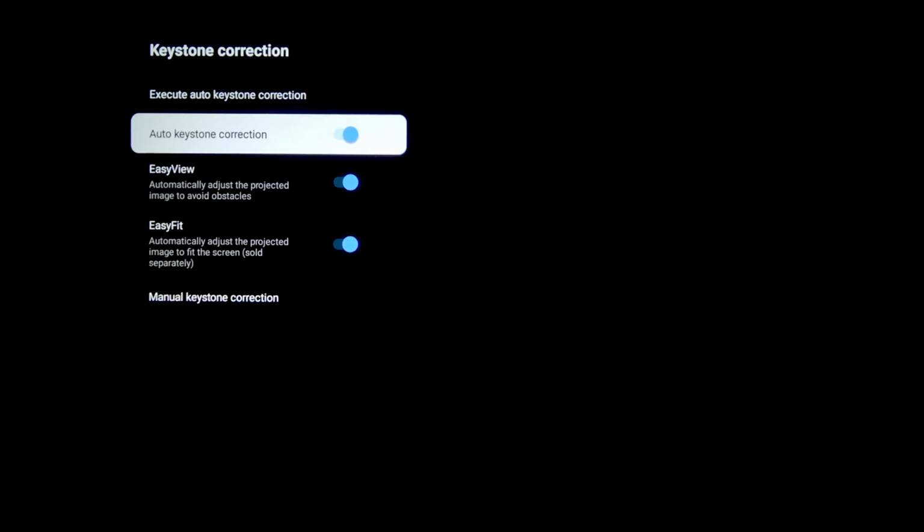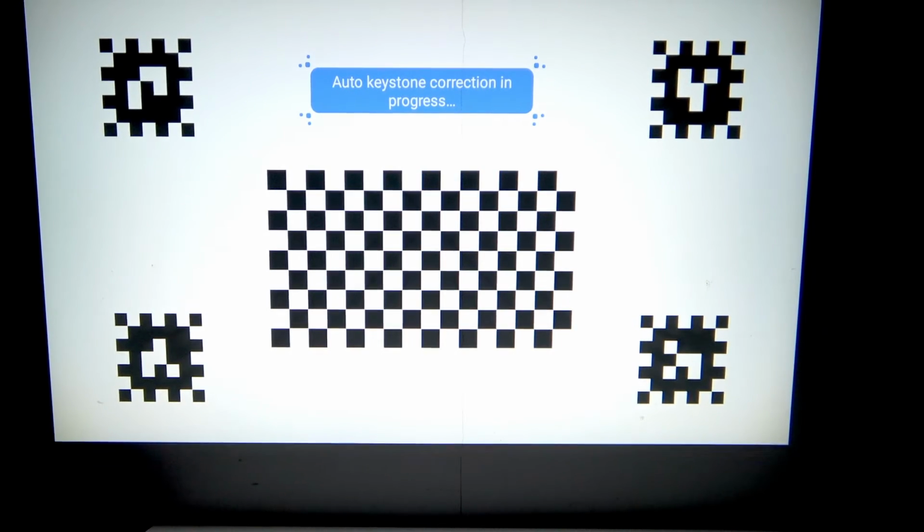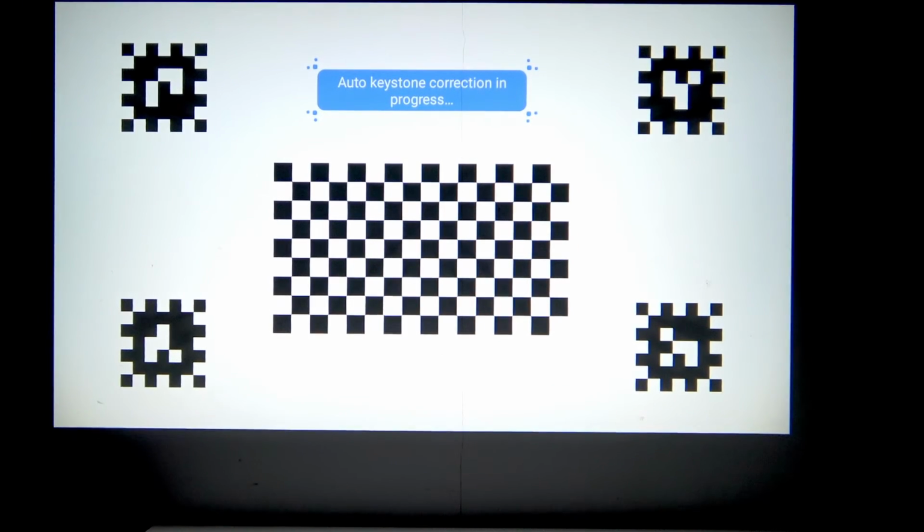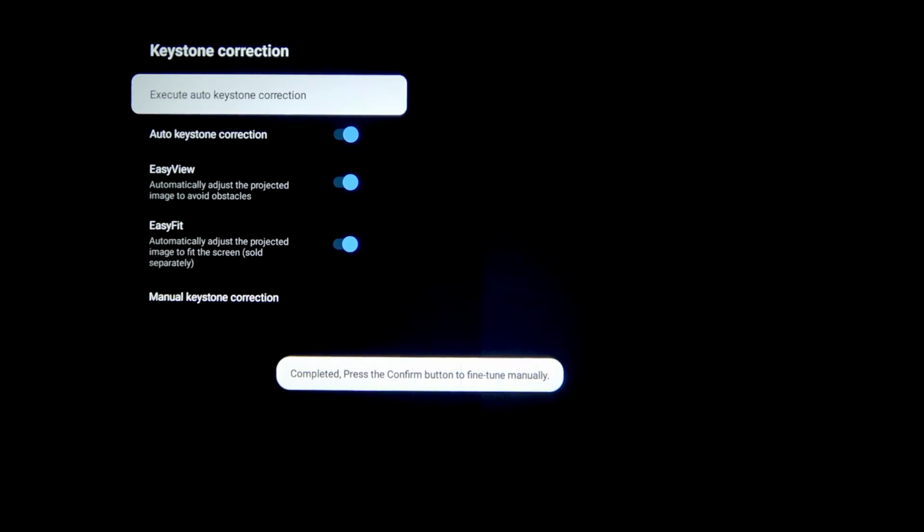Now the first setting that we have here is the Keystone correction. Here we can execute auto keystone correction and it will basically adjust the projector, as you guys can see. Now it's much better and different. So now here we have auto keystone correction. We can of course disable it or enable it depending on our preference if you want it to be adjusted